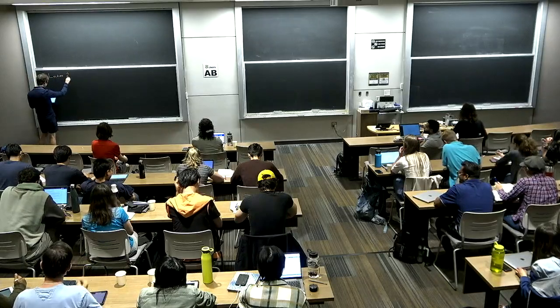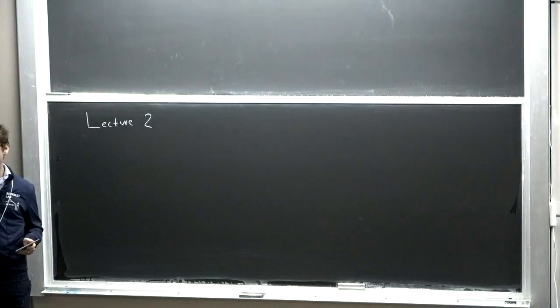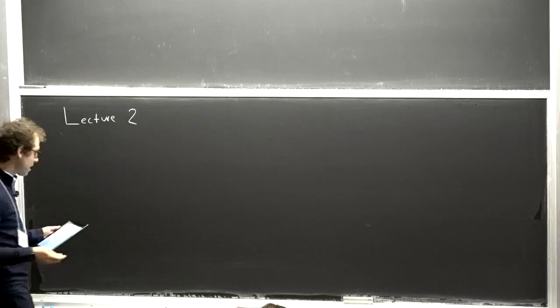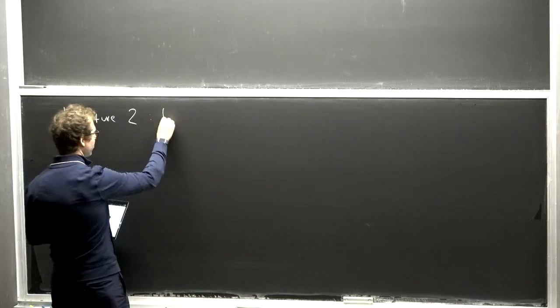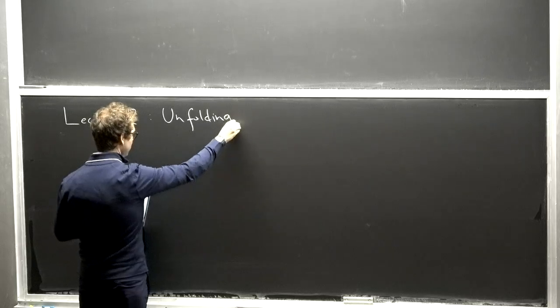Okay. So as a reminder, as a pivot from what you heard earlier, I'm talking about data analysis in particle physics and in the context of machine learning. Yesterday, I talked about parameter estimation, and today I'm going to talk about unfolding. And I'm going to tell you what that means shortly. Okay, so before I do that, I want to just recap how everything works and